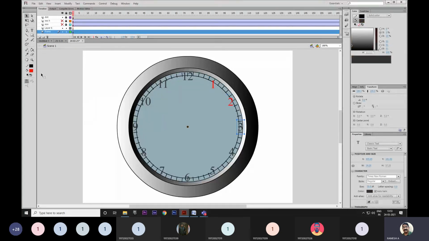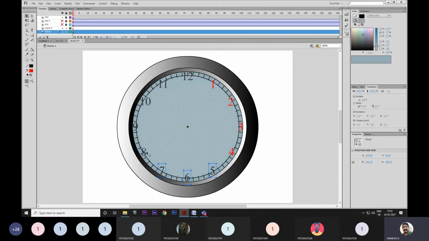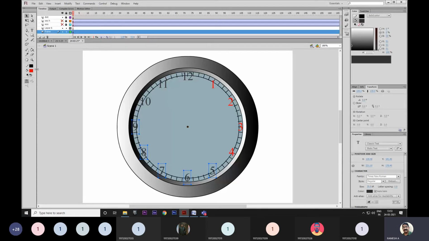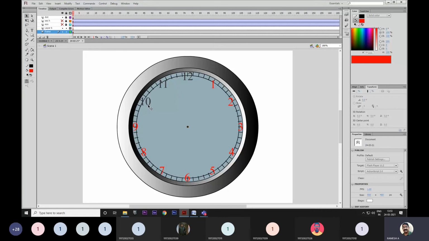When I tried 12, it wasn't changing the color. Can you guess what is wrong in that? See, I'm selecting the same way. 10 I selected, I'm trying to change the color, it's not changing. Can you guess why it is not changing?